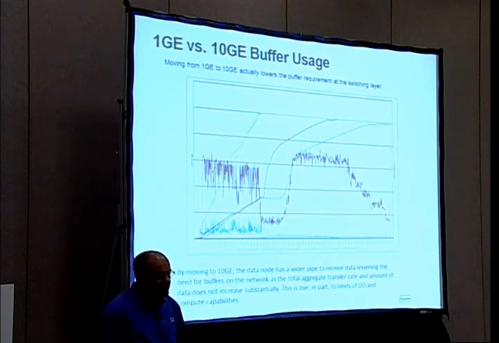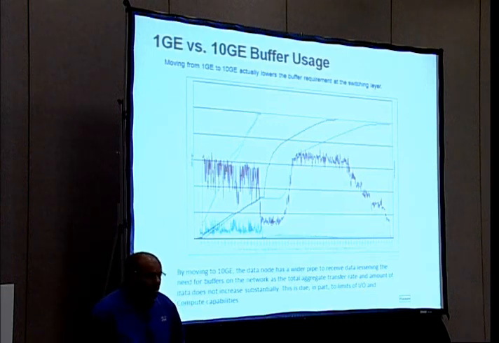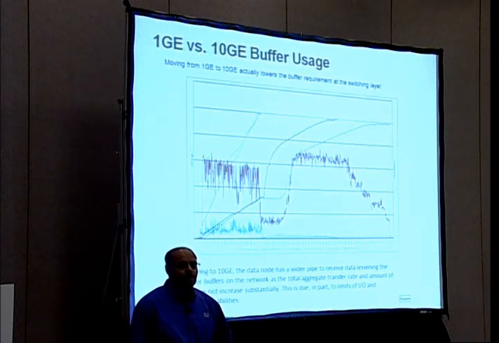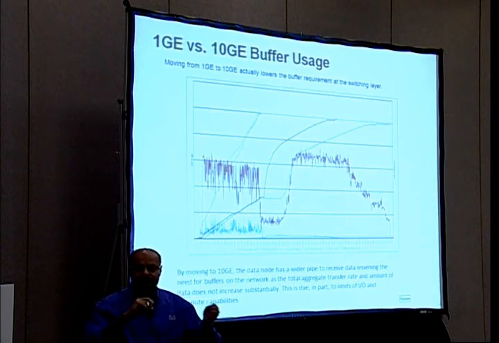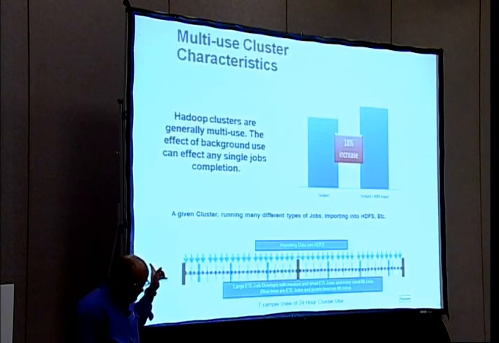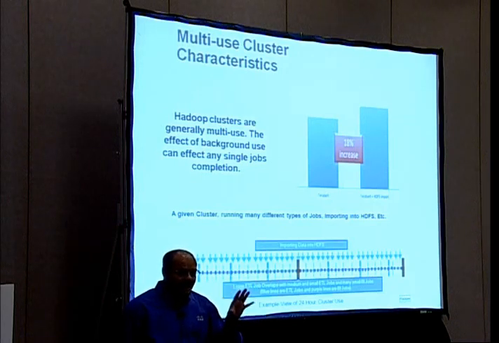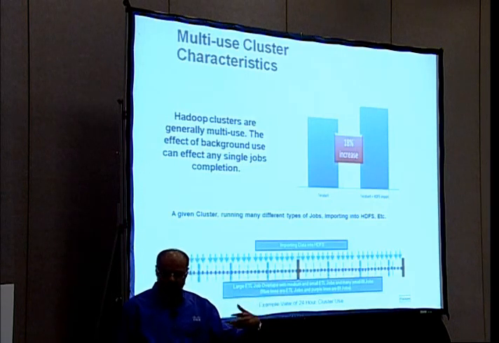What does that mean? It means you need to adapt to the workload with networking in mind in such a way that you don't need a super duper deep buffer switch, or a totally no buffer switch, right? There's a happy medium, and we're going to talk about that in the flexibility in the next slide.